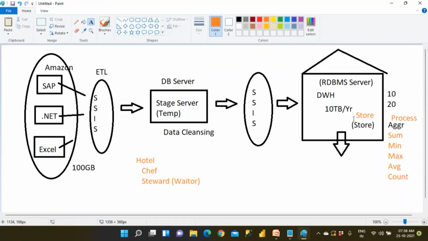So here also there are two operations. One is called storing of the data. The next one is called processing of the data. However, we have one more guy for serving the food. That is why I don't want to process it here, so I have to take help from one more application. The application is called cubing. Okay. The application is called a cube application, right?